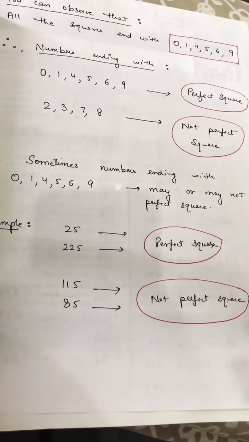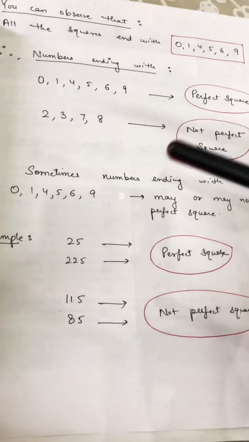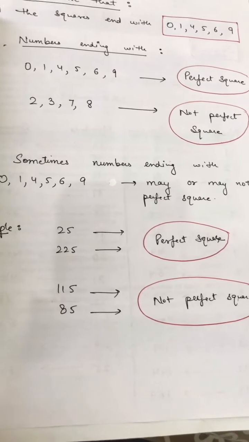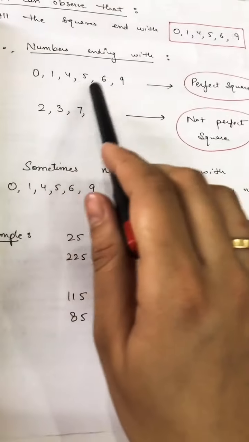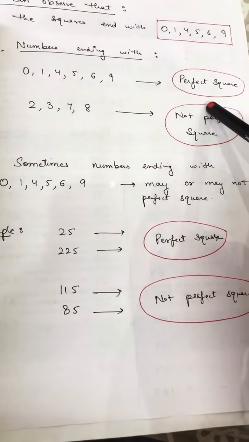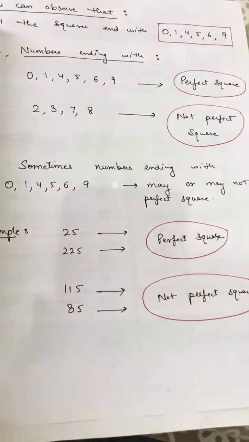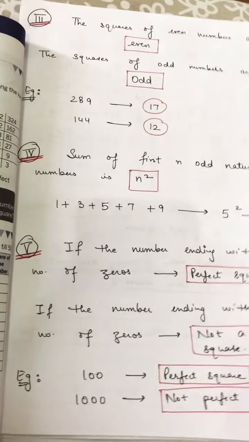So there are some rare cases, 1 or 2 cases, where we have to go with the prime factorization method. But otherwise you can check from these last digits and say whether a number is perfect or not. These are 2 rules. Now I am going to explain a total of 5 rules before we start the exercise.